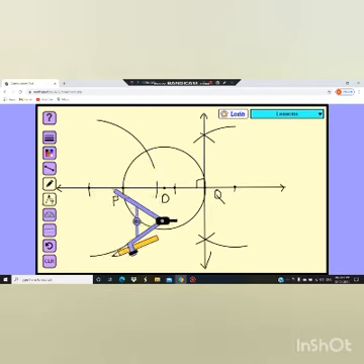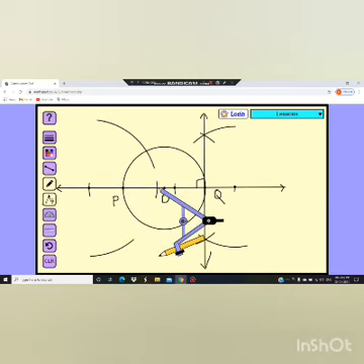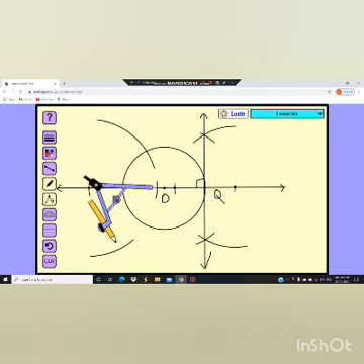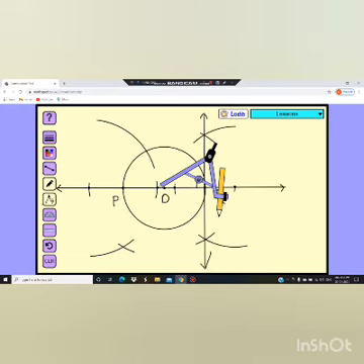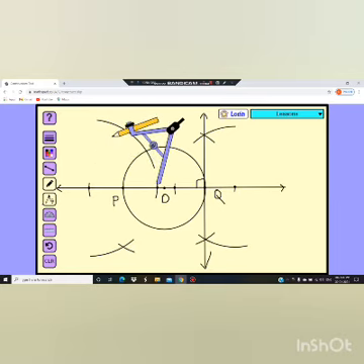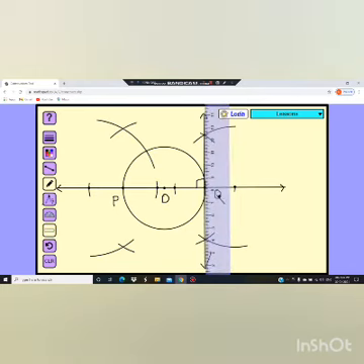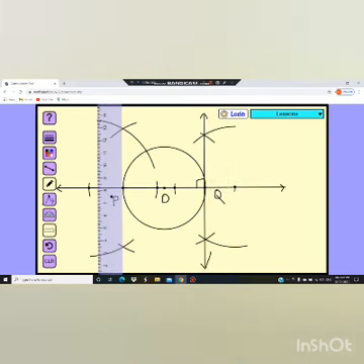Now this pointer we will keep on this intersecting arc, and with the same distance we will draw the arcs. Intersecting arc, one in the upside direction and one in the downward. Okay, now take a scale and draw a line passing through this intersecting arc through the point P and through the point Q,